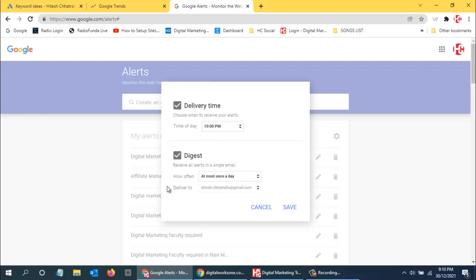But digest email, how does this work? See, I am saying at the most once a day, but I get multiple emails in a day because I have selected any region, at the most once a day, and at 10 p.m. But on that particular day, if after sending that email there is some new requirement, then again I will get an email.